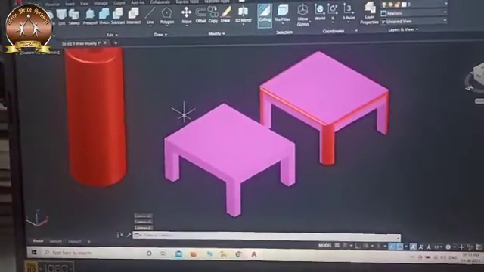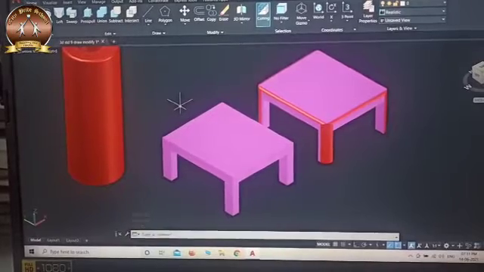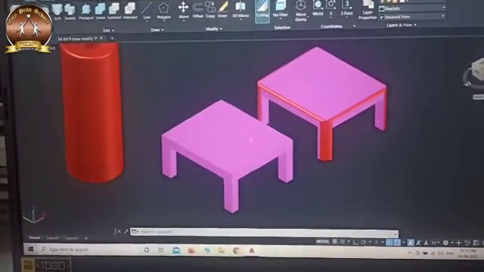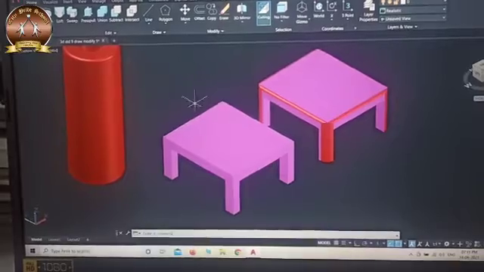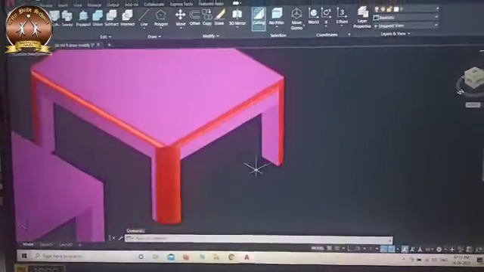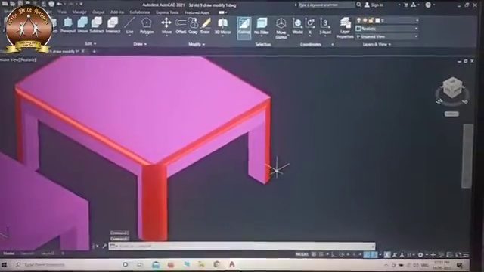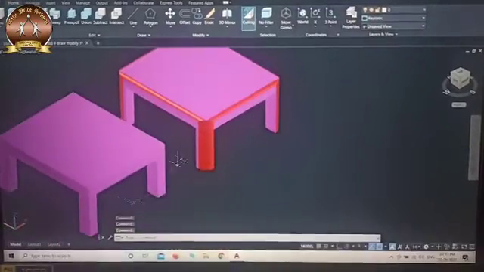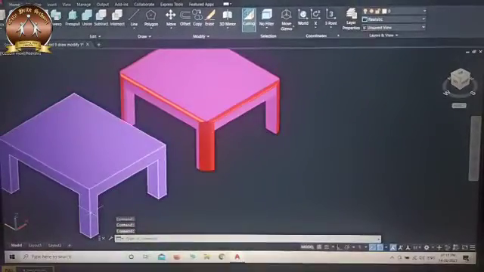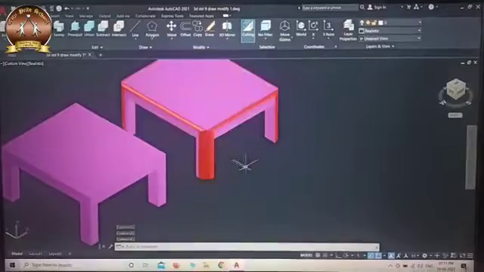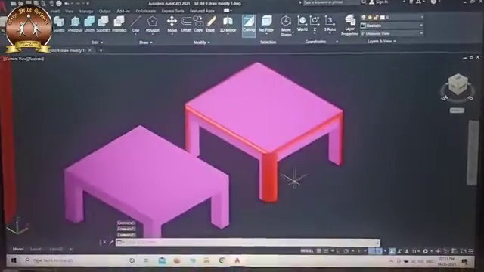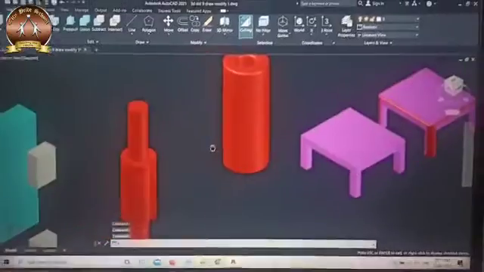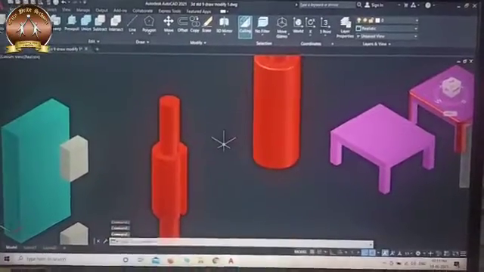For the table, as we learned earlier, a big rectangle and four small rectangles are used as legs. But here I have used the fillet command, student, to make that rectangular shaped leg into circular form. So this is a model drawn with the help of draw command.